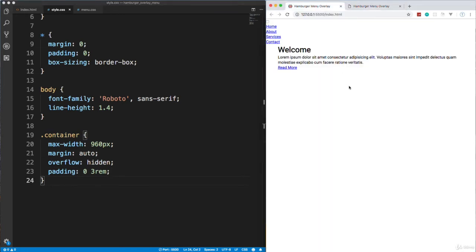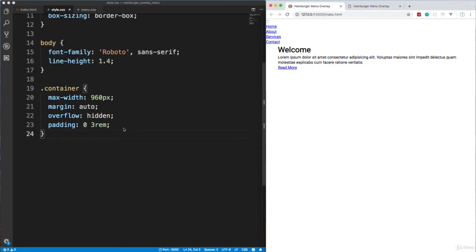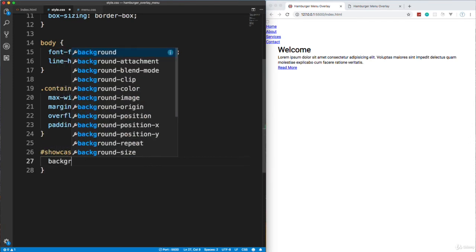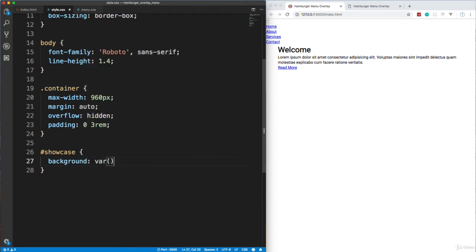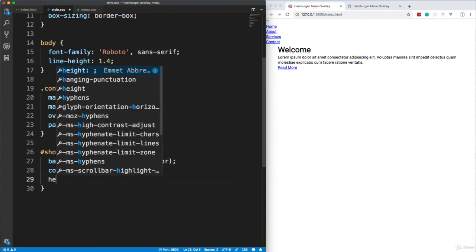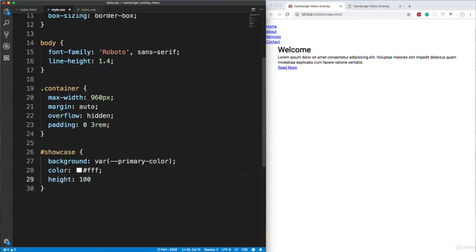Okay, so if we save this, it's going to look like this for now. Now, let's see, what should we do next? Let's do the showcase. So showcase, and I'm going to do the background of the showcase as the primary color. So we'll put in our variable of primary color, and let's do color white. And we'll set the height to 100 viewport height, so I want to take up the whole page, and